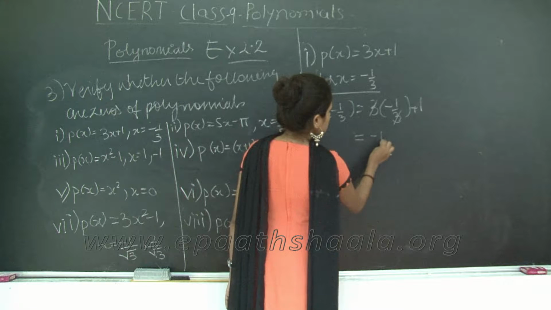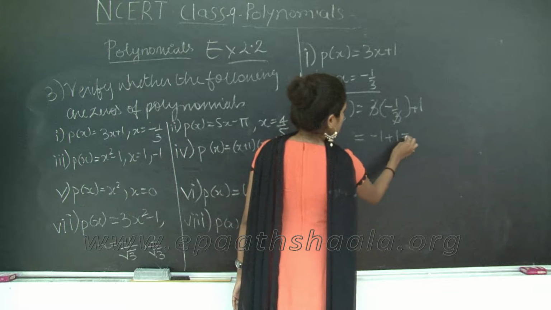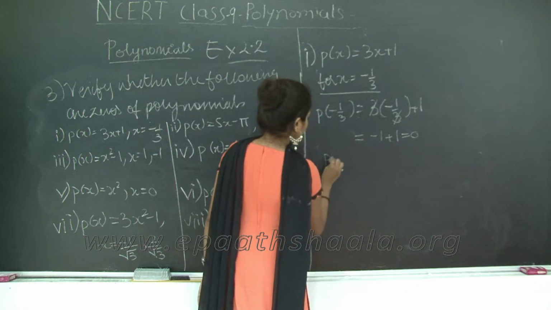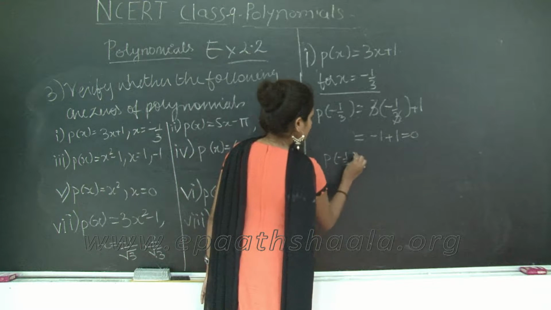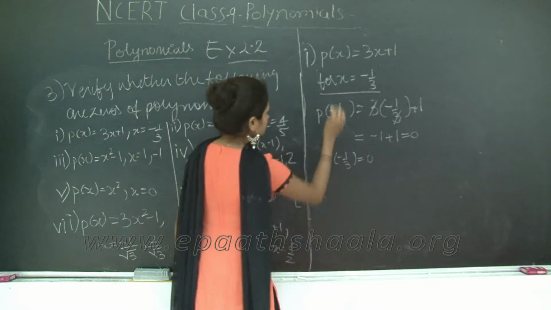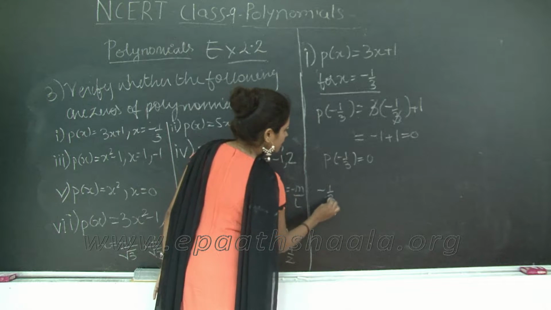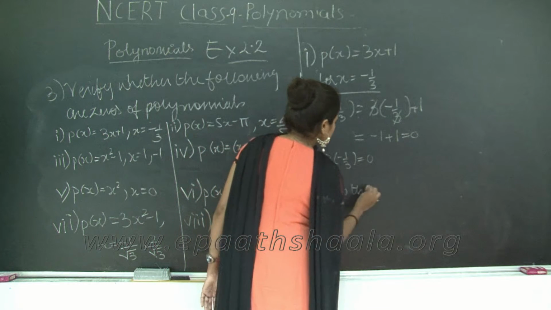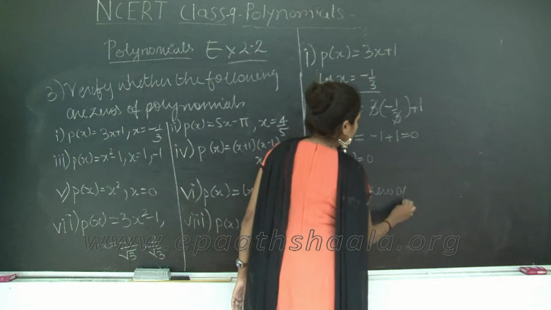I am left with -1 + 1, which is equal to 0. Therefore, p(-1/3) is 0. Therefore, -1/3 is the zero of the polynomial